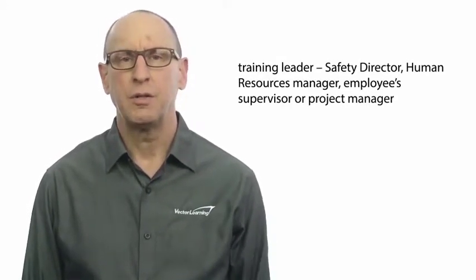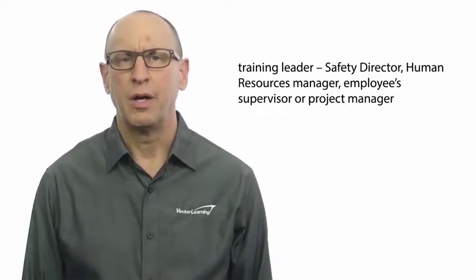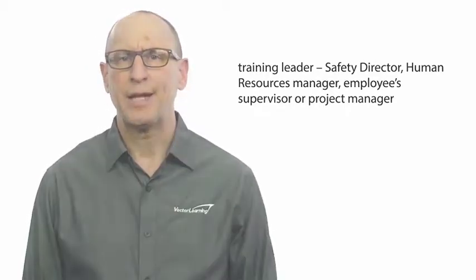So this information may also be transferred to a visual type format as well for creating a presentation in a safety meeting type of setting. The person performing this safety training may be from a variety of backgrounds and responsibilities within the organization. This training leader may be the safety director or the human resources manager, the employee's supervisor, or a project manager. So the person selected for performing the training typically depends on experience levels and background and the audience for the training. For example, the choice for safety training for a group of, say, 50 employees on a capital construction project could very well be the project manager on that job.